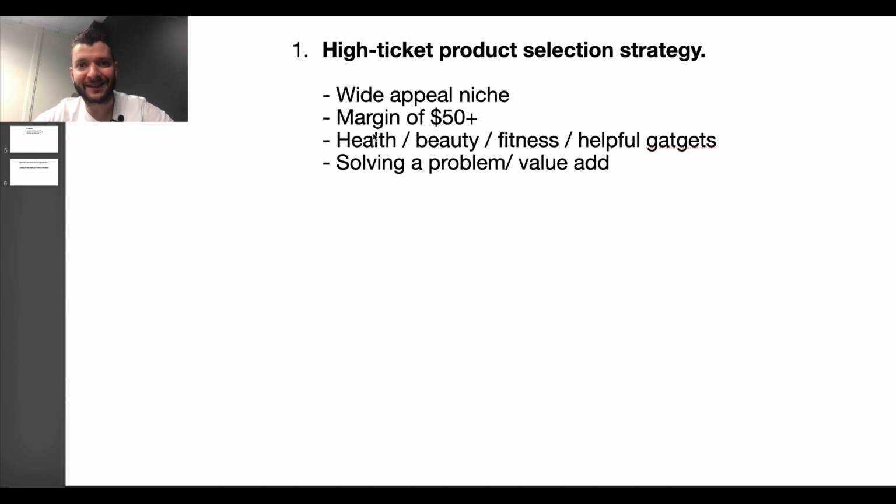So all of this is generated with high ticket. The products that we sell, they're typically $100 to $150 in price, and that's pretty much the best pricing option that you can have, because if you sell products with that pricing, then you have sufficient margin to acquire customers, you have sufficient margin to advertise on Facebook, on YouTube, on any other platform, and also you have decent